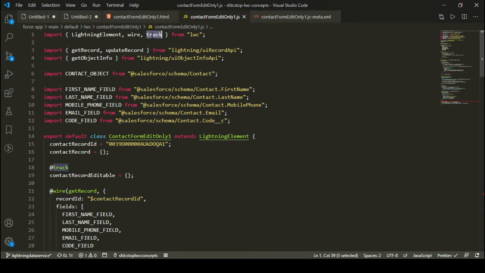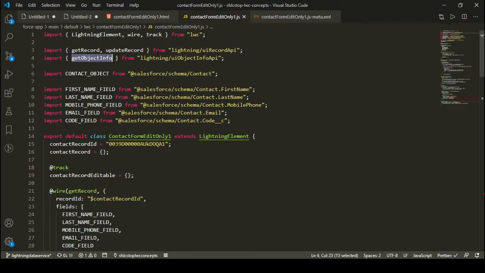Then I have imported getRecord and updateRecord from lightning/uiRecordApi. If you remember the previous tutorial, we used the getRecord method from the UI record API to get the record, but here we want to update the record as well, so that's why I have imported updateRecord from the UI record API.